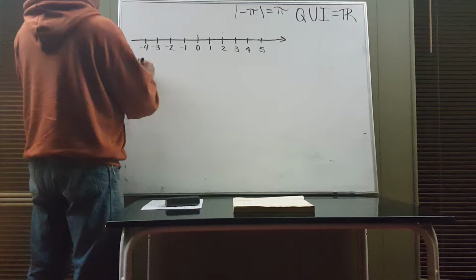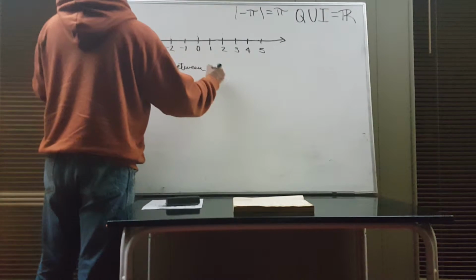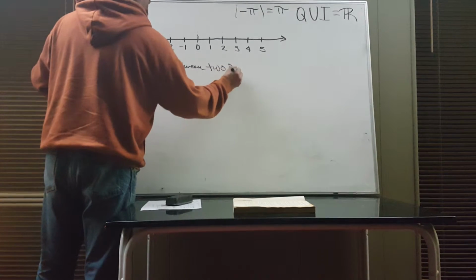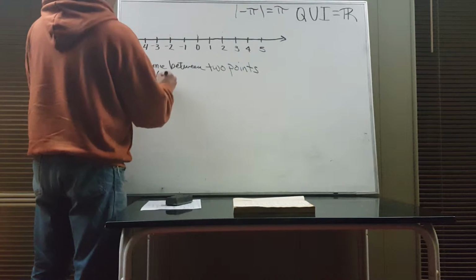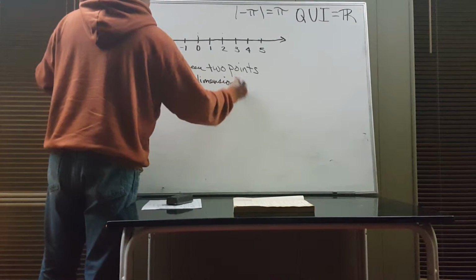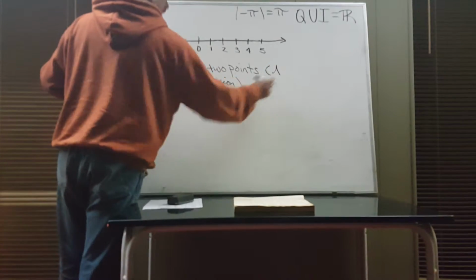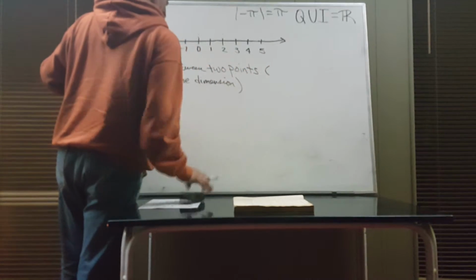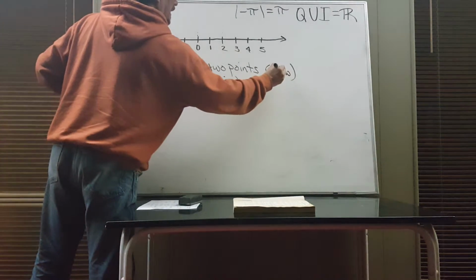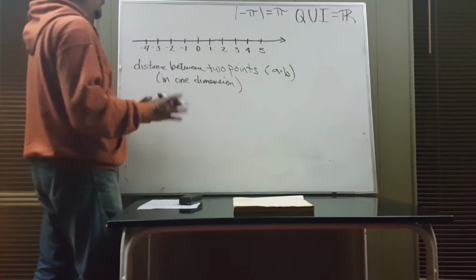And the distance between 2 points, 2 as in the number of points, in one dimension. We'll just call these points A, lowercase a, and B. So the distance between 2 points A and B in one dimension, now this formula only works for one dimension,